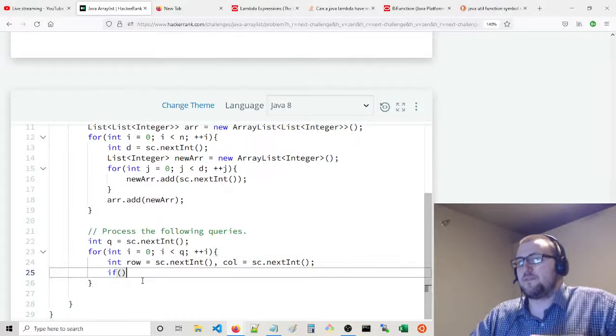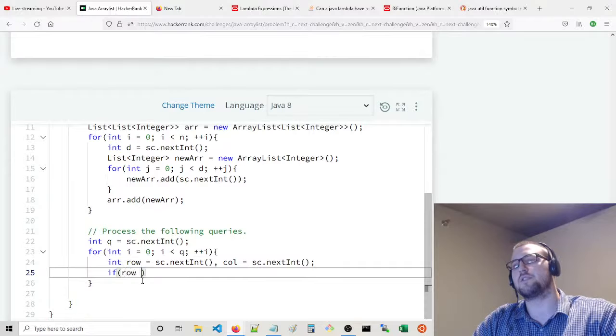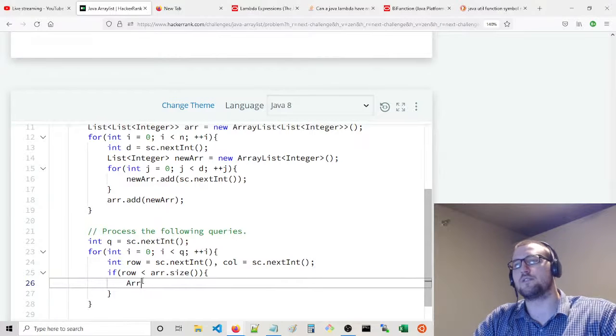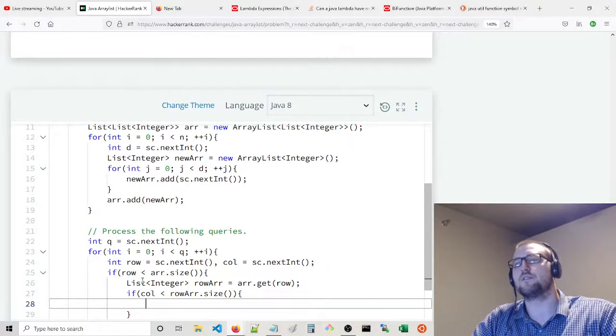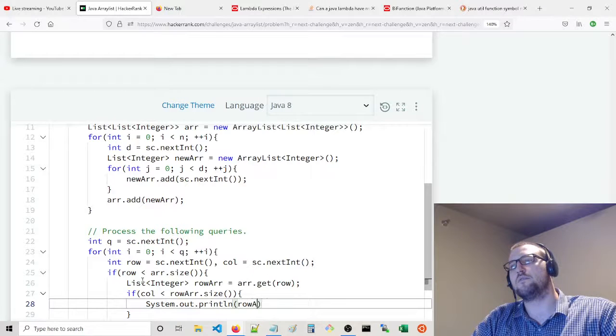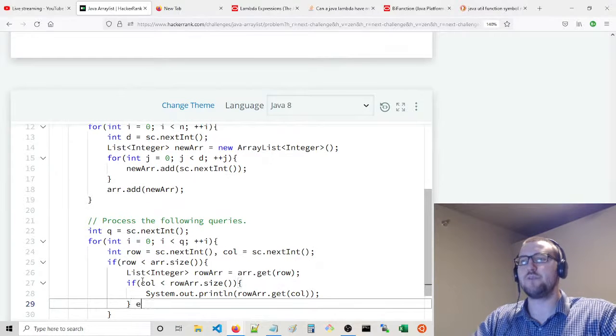And then we're going to say if row is less than array.size, then we're going to say list of integer, it's really a reference, row array, is going to be array.get(row), and if column is less than rowArray.size, then System.out.println, it's going to be rowArray.get(column), otherwise